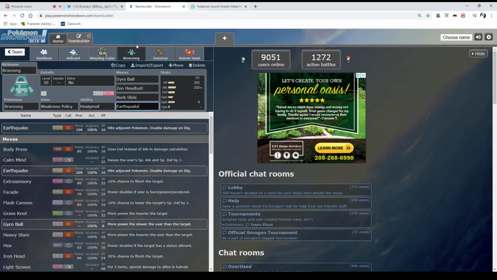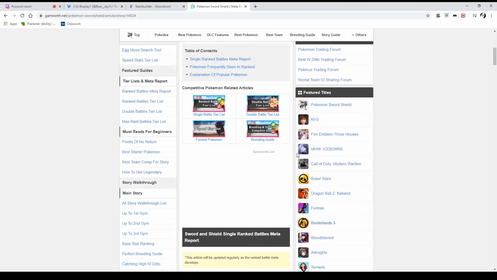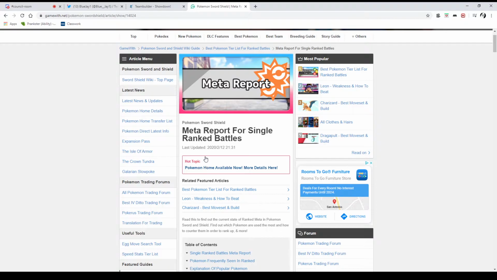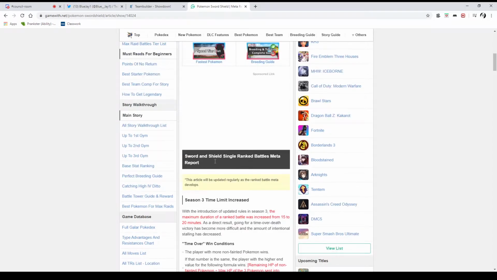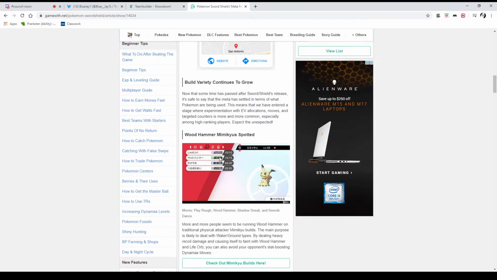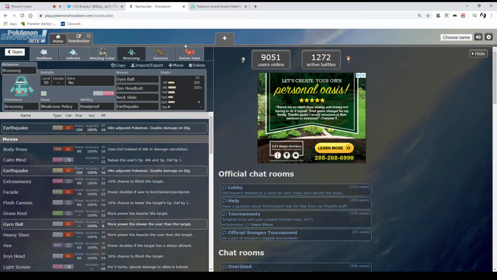Now I'd like to give a quick shout out to this website because it's really helpful for figuring out what's being used at certain times, like the meta report, which is basically what this is. So things such as season 3 time limit increase, build variety continues to grow, Mimikyus are running Woodhammer, Gyarados is getting up. This is some good stuff to know because that's how I make adjustments to this team as the meta develops more. And yeah, so Gyro Ball is a